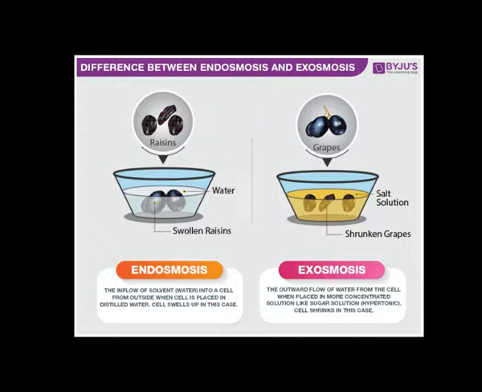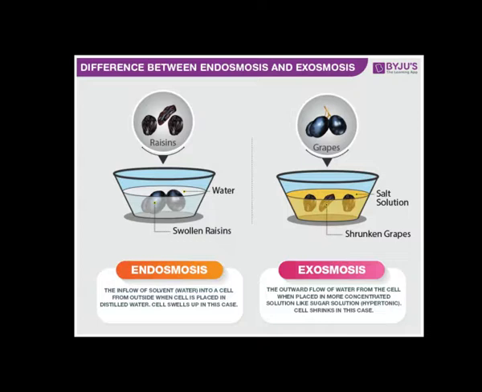See, the lesser the solute concentration, the lower the osmotic pressure and the greater the osmotic movement. Try to understand, osmosis can occur in any direction. Osmosis always depends on three things: concentration of a solution, amount of solute in a liquid, and osmotic pressure. So it is said that the lesser the solute concentration, the lower the osmotic pressure and the greater the osmotic movement. Osmotic pressure is always inversely proportional to osmotic movement. Less the pressure, more the movement.